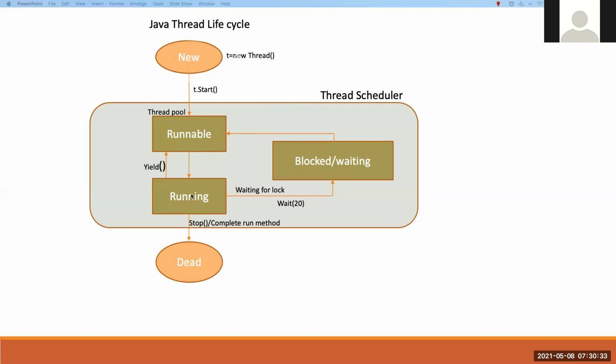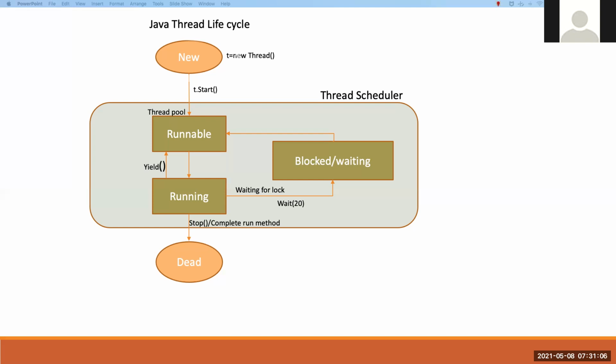One more case is that we can invoke the yield method. The yield method moves the current running thread into the runnable state, depending on the thread priority. What it means is that the current running thread gives a chance to other threads to execute.